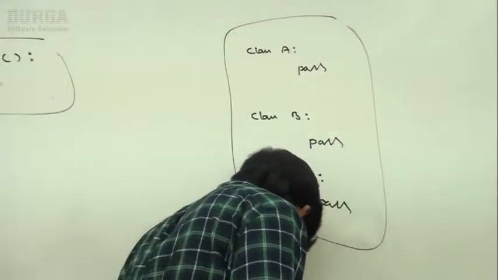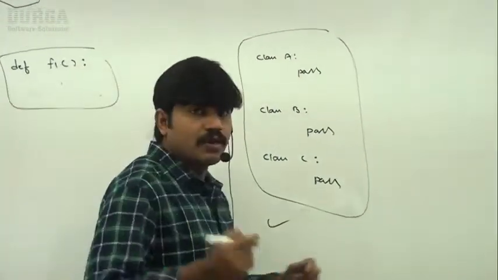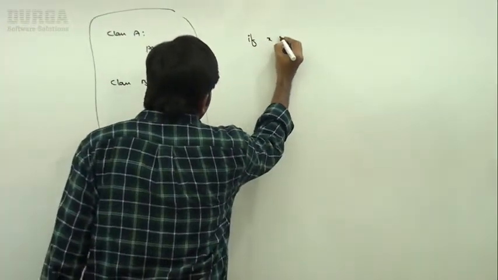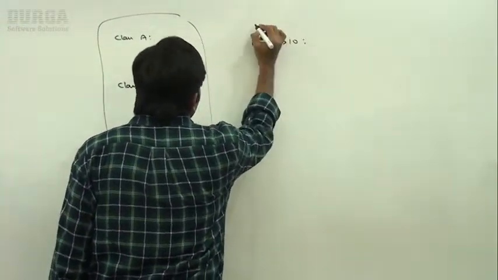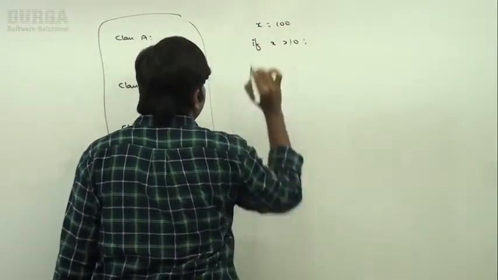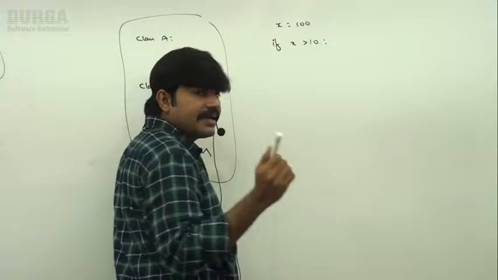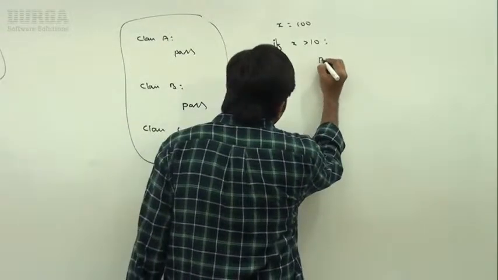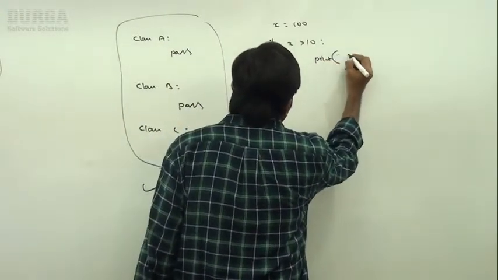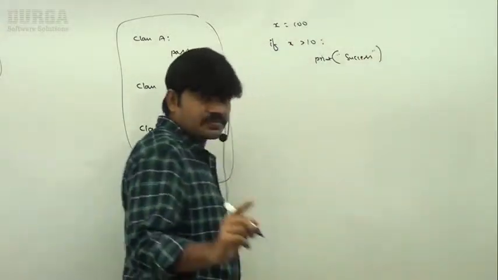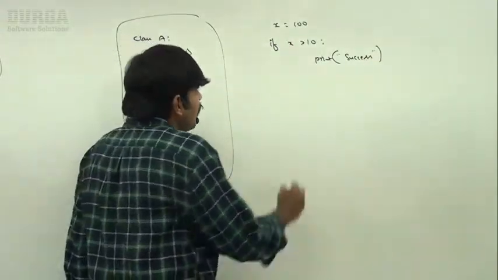Pass. Similarly, suppose assume another example, right? Up to our known level. Sir, here I am taking if x greater than 10. Assume that x is equal to 100. Sir, if x greater than 10, print success, I'm taking, sir. Now else,